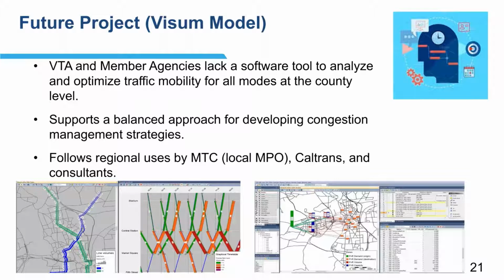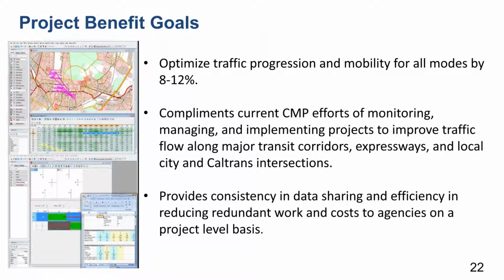So that's our future goal there. And the anticipated benefits from this effort, from what I hear from ITE, you can optimize traffic progression ability for all modes between, like they say, 8 to 12%. But I understand it's never been done on this scale. But it'd be interesting to see if we place all of the intersections. And so right now there's 252 intersections.